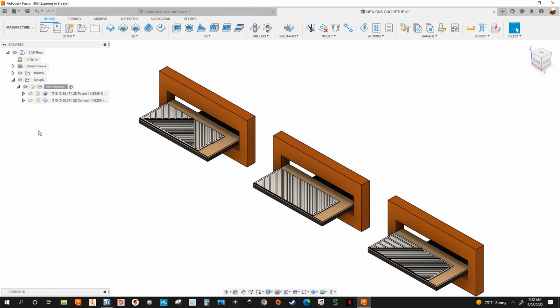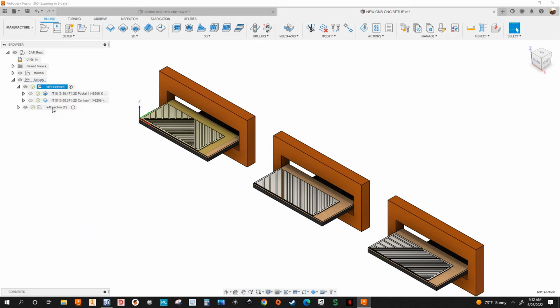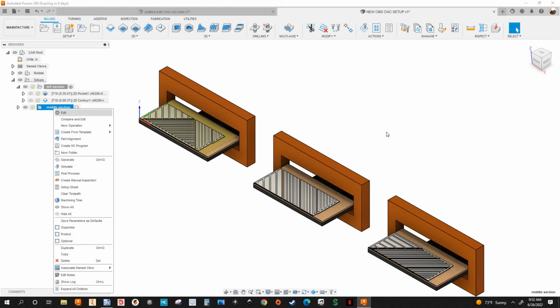I don't want to start from scratch, so I'm just going to copy and duplicate the setup right here. So I'm going to select left section setup, right click, and select duplicate, which is down here, or you can just hit Control D on your keyboard. All right, select duplicate, and I'm going to name this setup middle section. Okay, and I'm going to right click, edit,